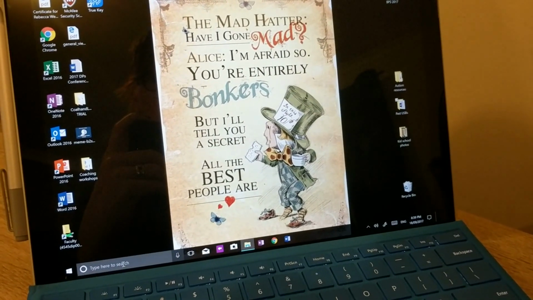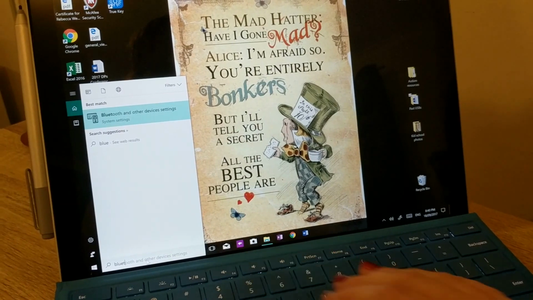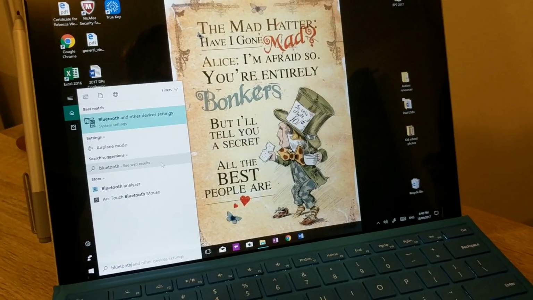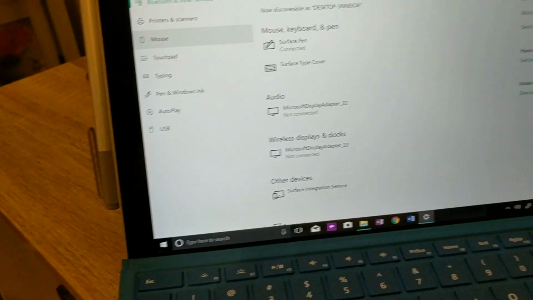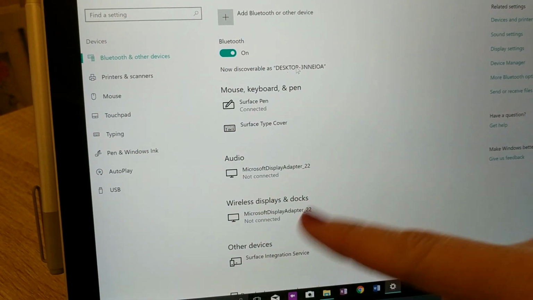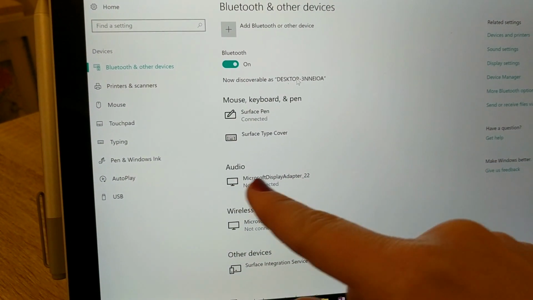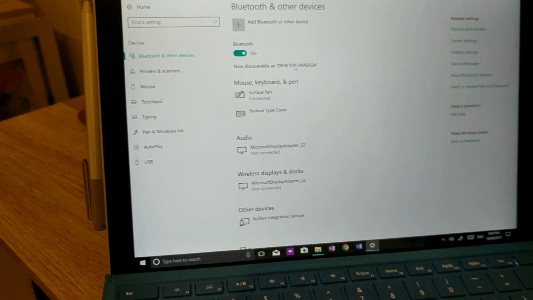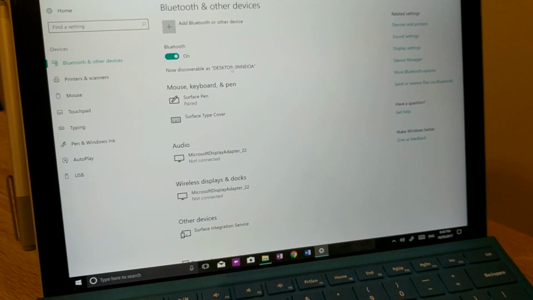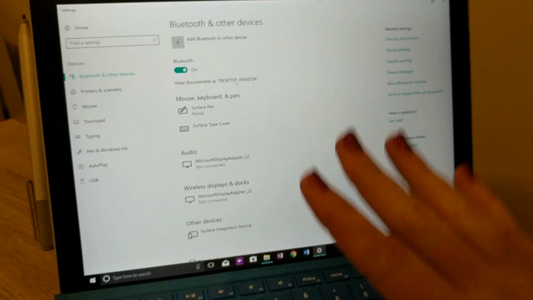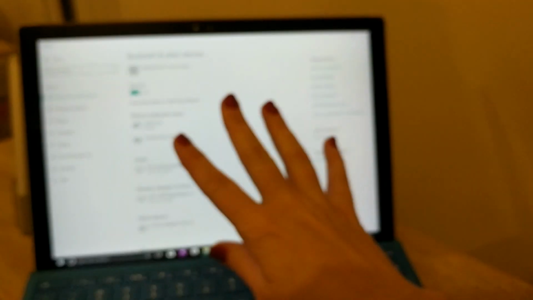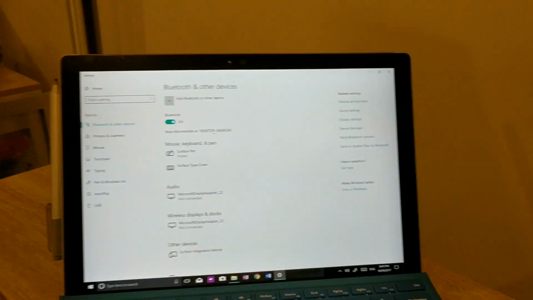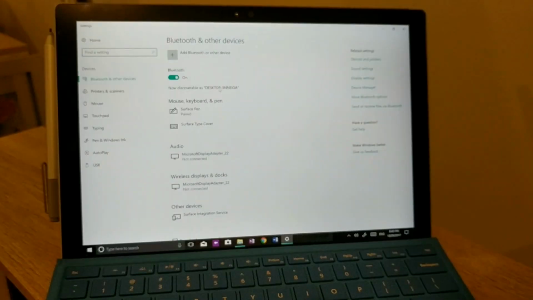The other function on here that I really, really love is using the Bluetooth. And I'm just going to go into the device settings here so you can see. On here we've got the different devices and things that you can use. And this one here is one that's at school. So I can display this to the Promethean board that's in our library, which means that whatever's displayed on my screen, I can display up on the big Promethean board,